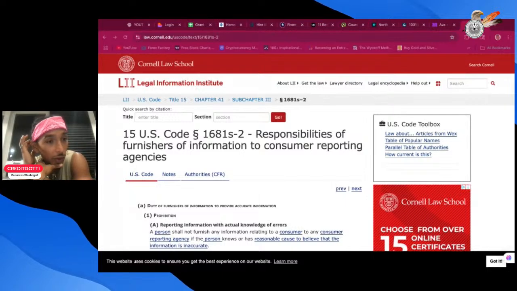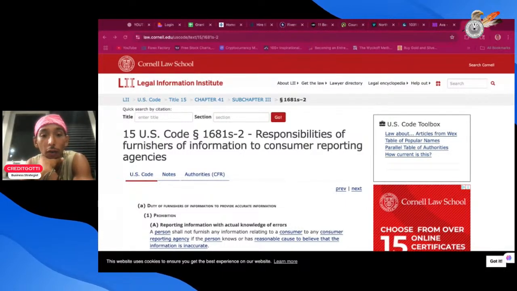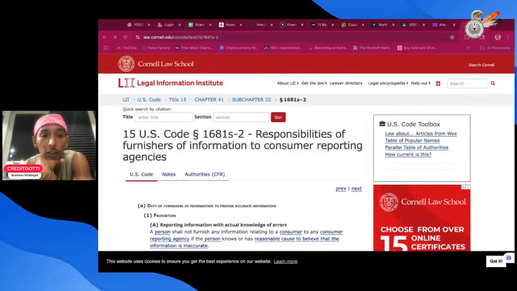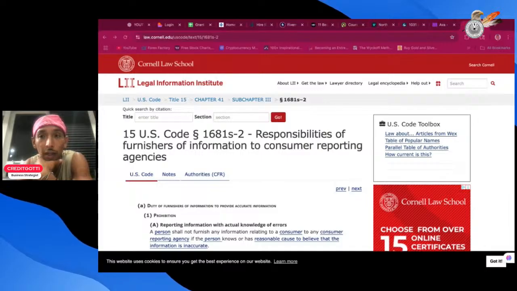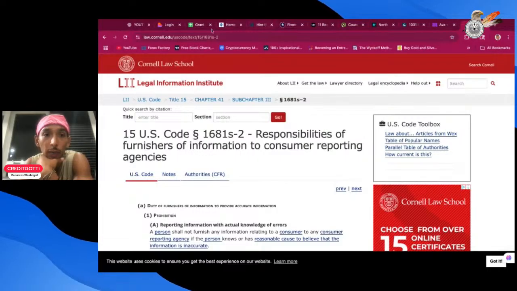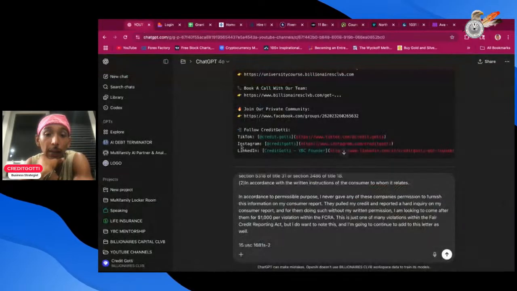But now with you guys sending out the letters, even after the call, once they're removed, you still want to send out the letters so that you have proof and documentation. And I'd recommend making a copy of your credit reports and sending that out with the notice of dispute, showing the inquiries. Then they're going to send you an updated credit report where they're going to be off, and that's where you're going to be able to